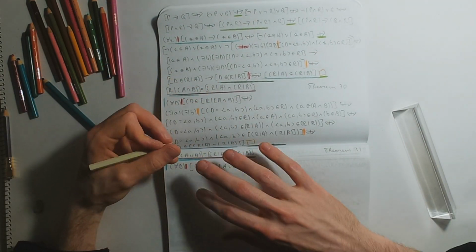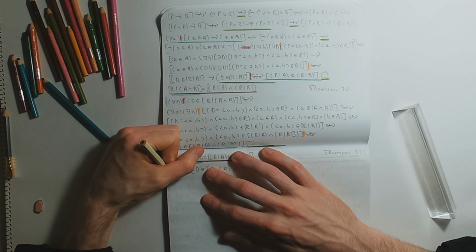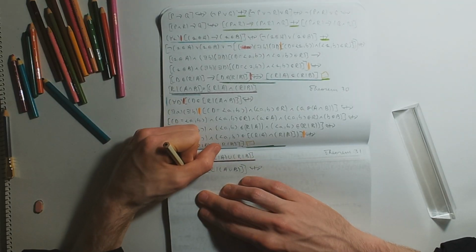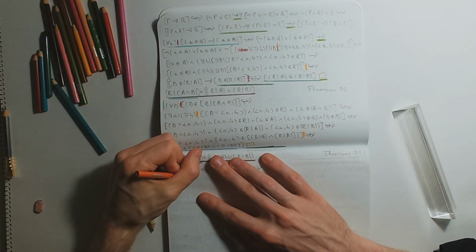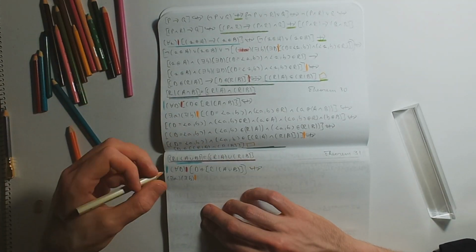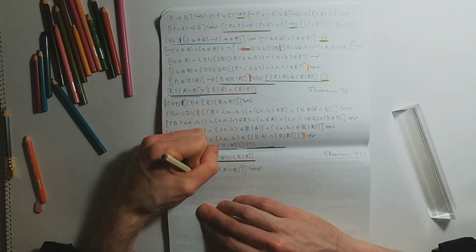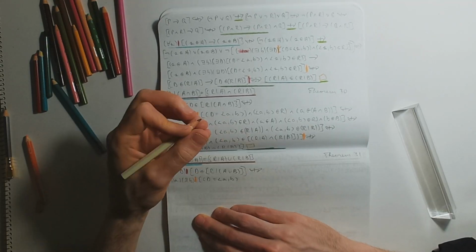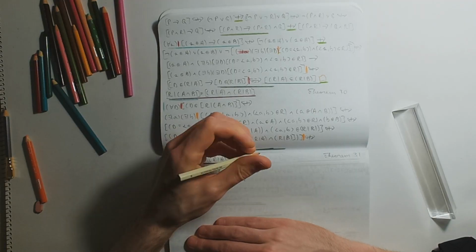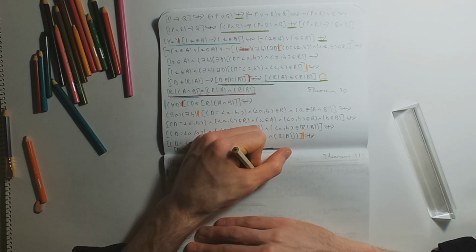If and only if there exists an A and there exists a B, such that D is equal to the ordered pair AB and the ordered pair AB